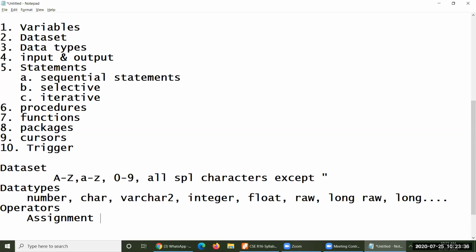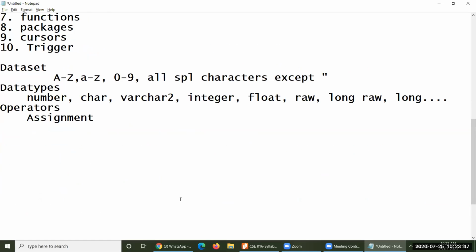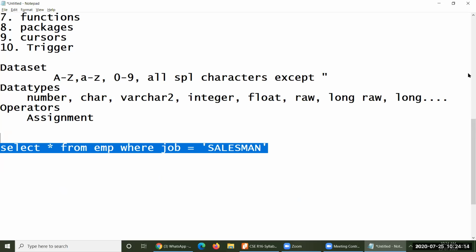Assignment here it is. What you are supposed to use here is actually, for comparison, we use the equal sign. So we may write one particular query something like this: select everything from EMP where job is equal to salesman. Here this equal to is used as a comparison operator, so it has already been given its own job.